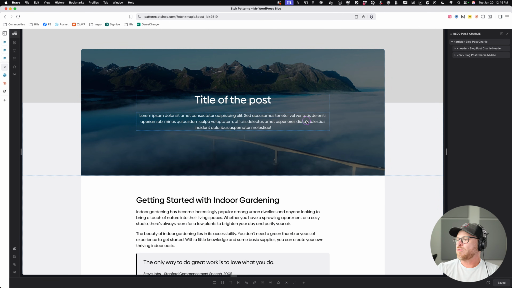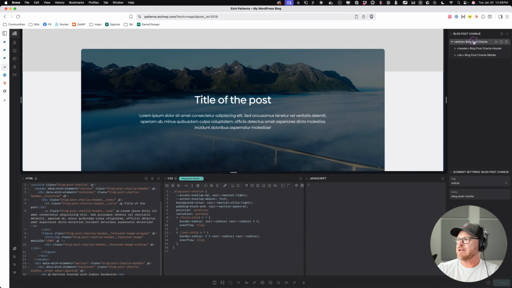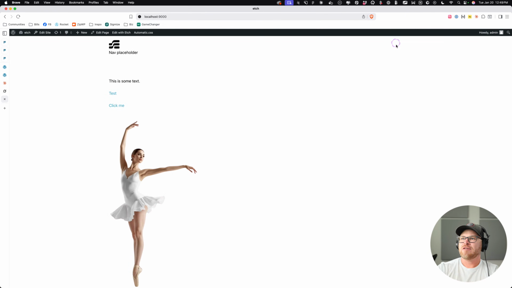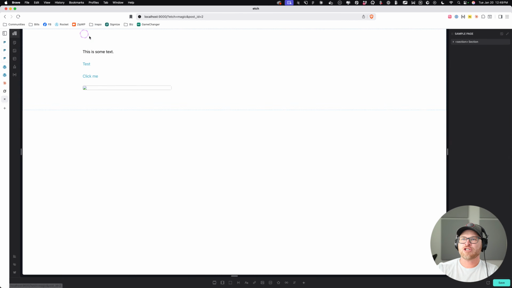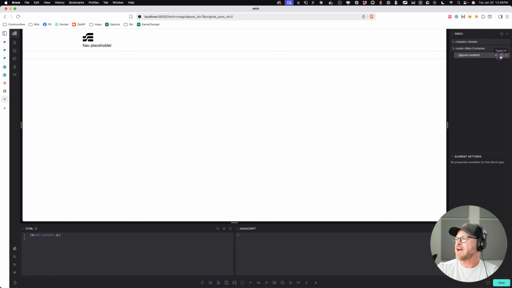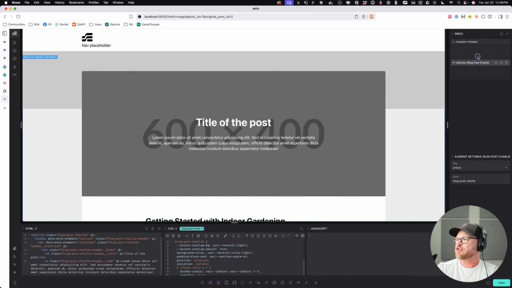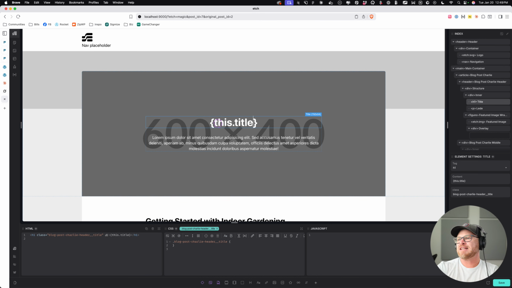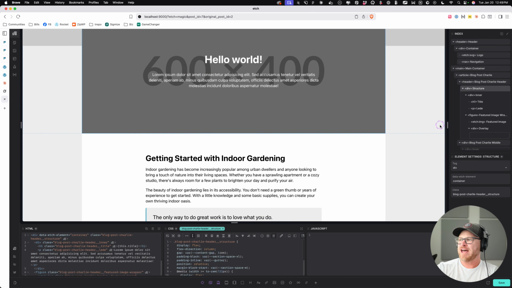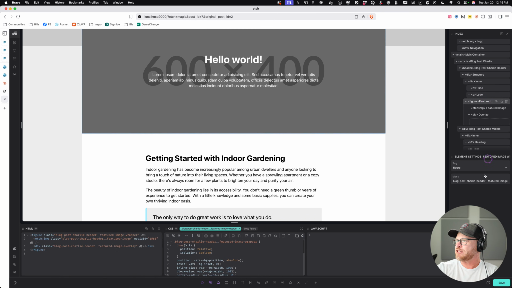Now, what we're going to do, grab it, copy it, go to local, there's our little ballerina. Let's launch Etch. Let's go to templates. Let's go to index. Let's take away post content. Let's drop our article in there. Let's open this bad boy up. Let's come in here and go this .title. We need a custom field for that. Let's come in here to our image, featured image, and we're going to go,